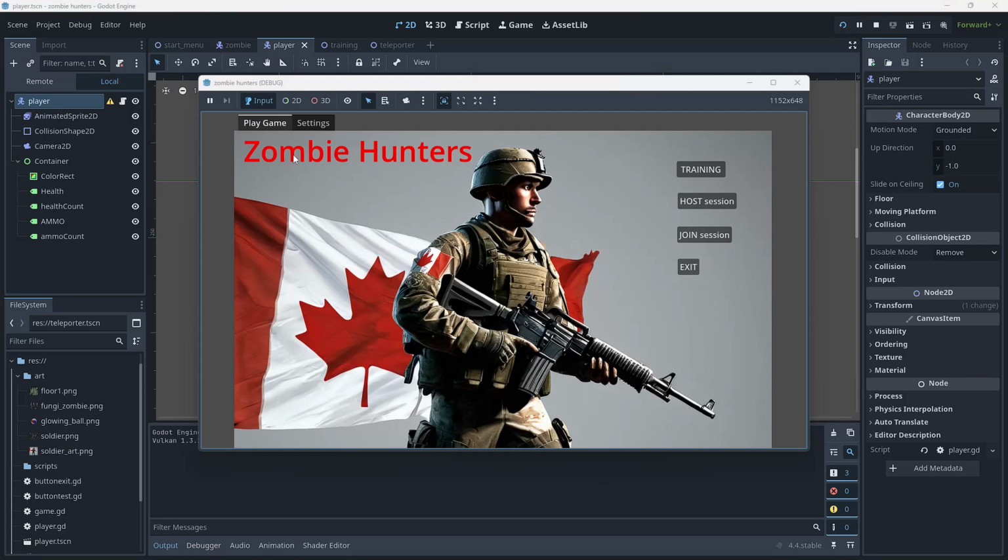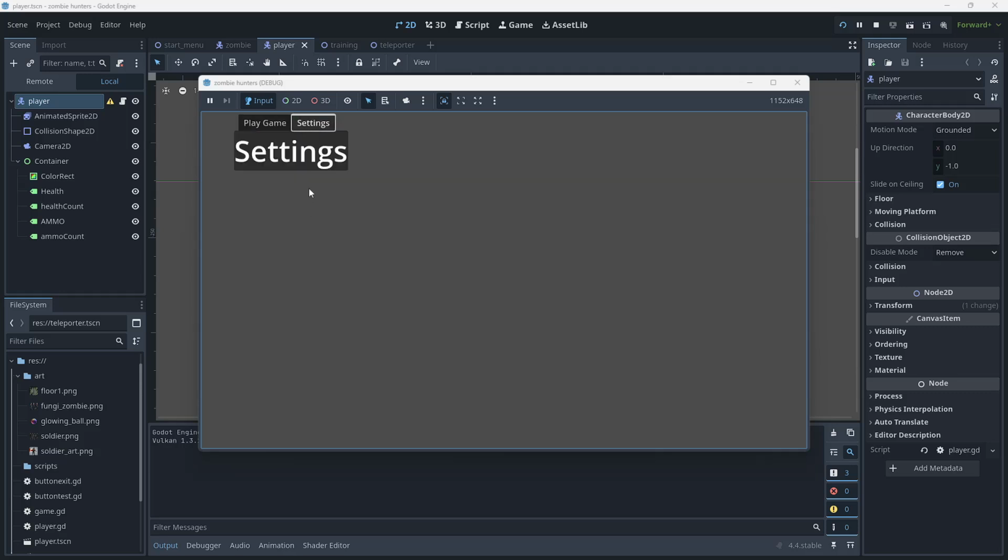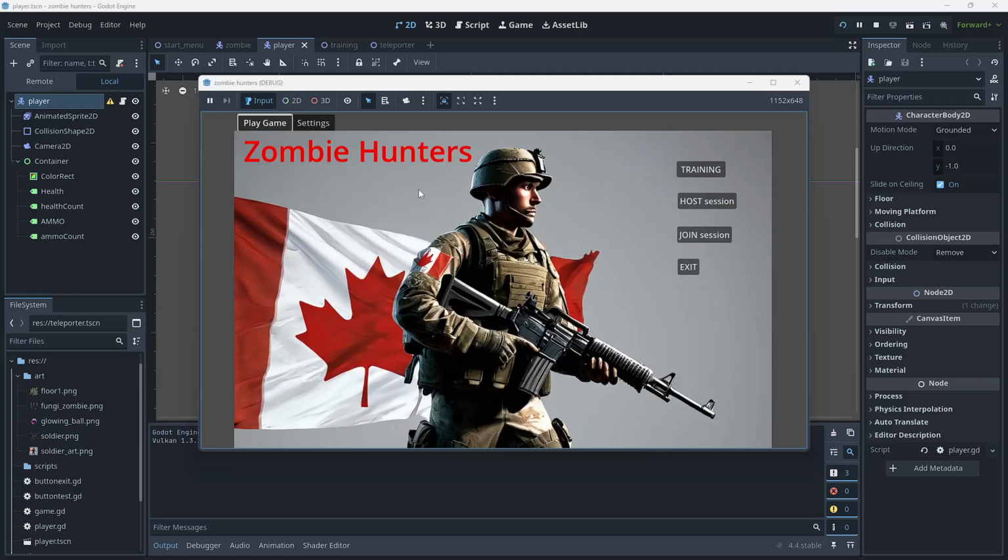So we've got the main interface screen here, and what I've done is I've set up two tabs. One tab here to set up the settings, because that'll be a future lesson. I figured I might as well just build it in now. And the play the game tab, with a simple title, Zombie Hunters. Being a Canadian, of course I'm going to use a Canadian soldier. There's training, host session, join session, and exit. And right now exit works, join session doesn't do anything, host session doesn't do anything, and training just jumps you